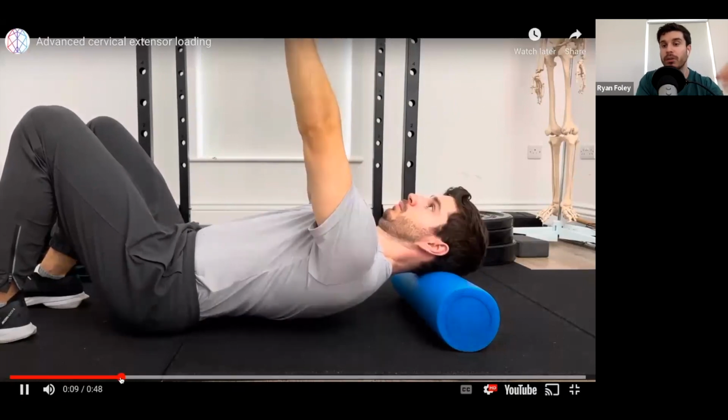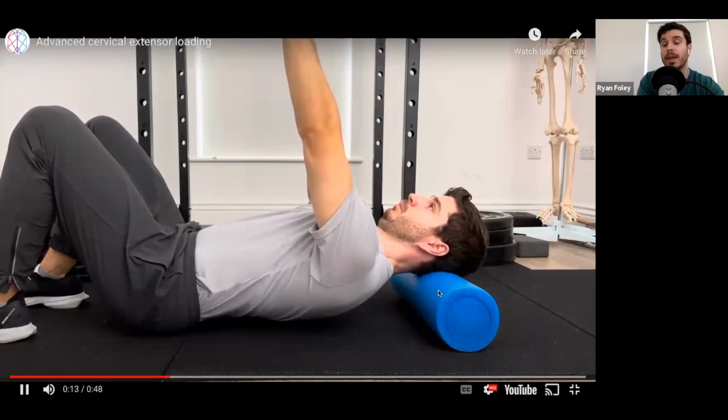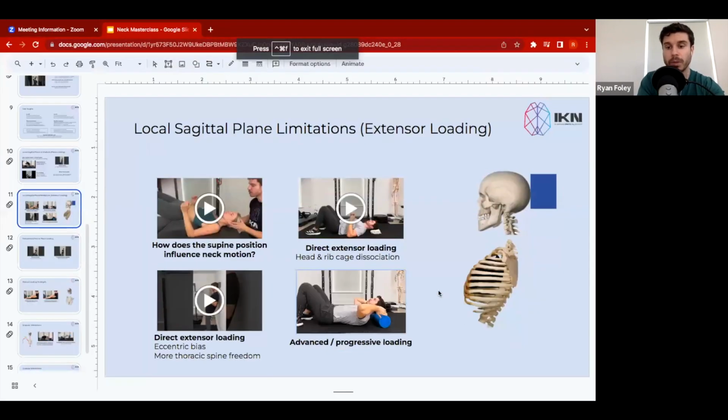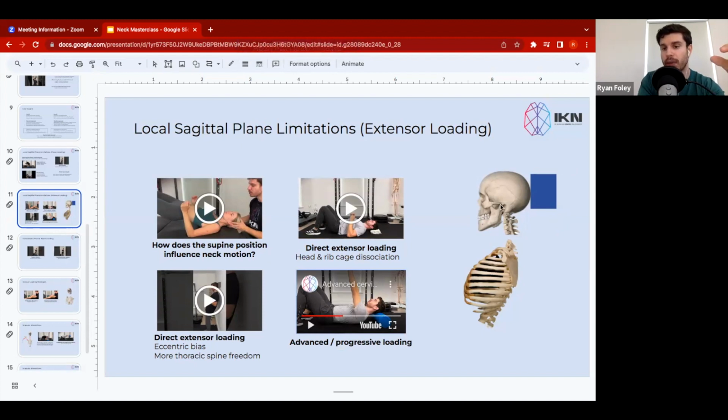Okay, but generally first we're trying to get some load to those tissues as they express more eccentric behavior, and then begin to drive some load as they express more concentric behavior. Okay, so you can see that representation here using the wall strategy through the head and the rib cage here,